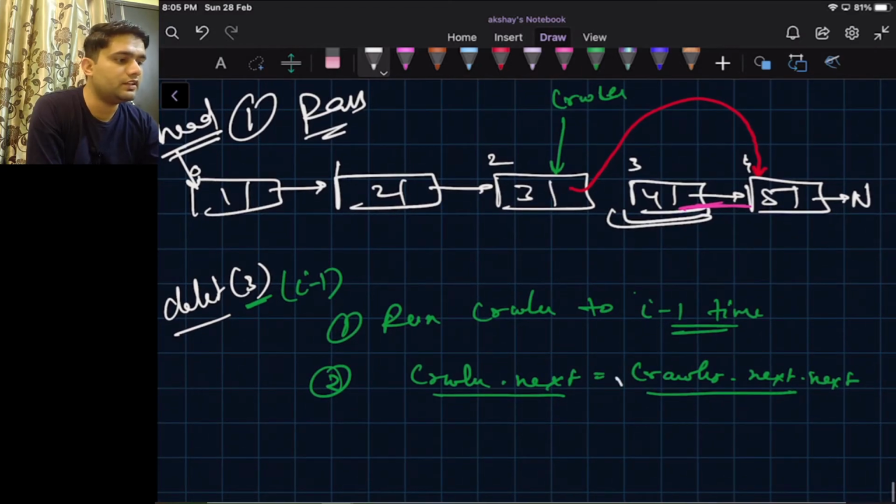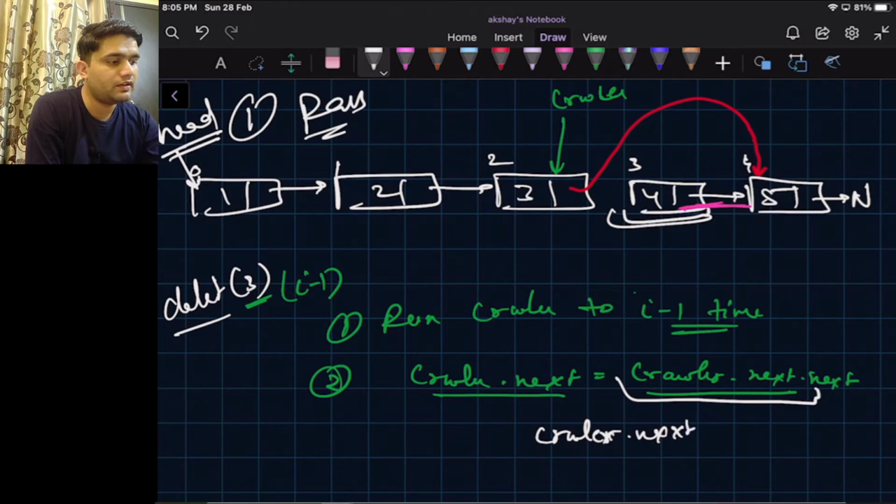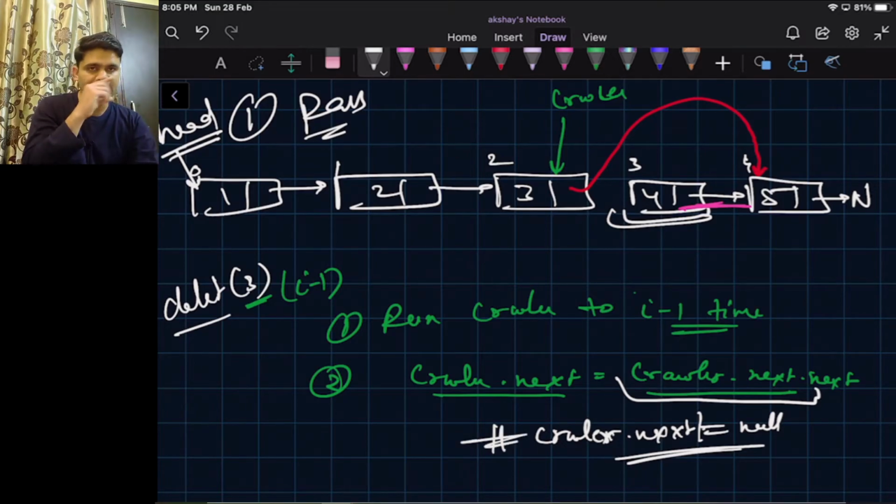In this case we also need to have a safety check if crawler dot next is not equal to null. This safety check we must need in this case as well.